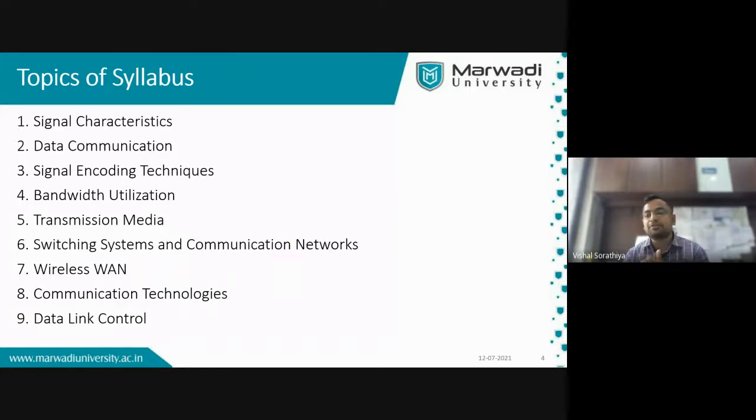Starting from the basic fundamentals of signal, we will go up to data link control, where there is the entire journey of how the communication actually takes place between two devices. That is the overall outcome you can get: how data can transfer from one place to another, and to send that data, what different protocols and technologies are responsible for this data transmission. That overall we are going to discuss in this subject.